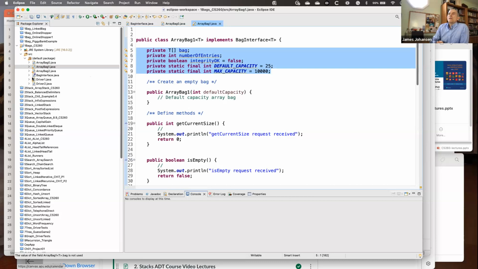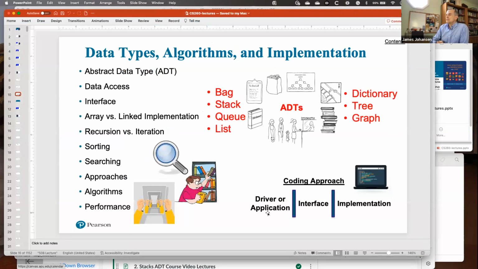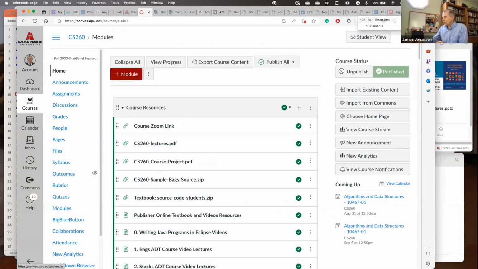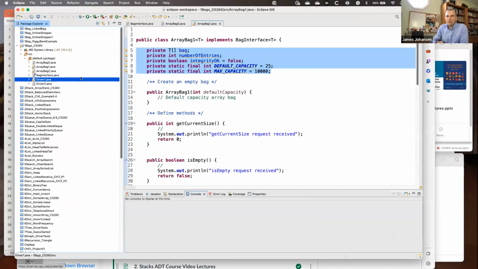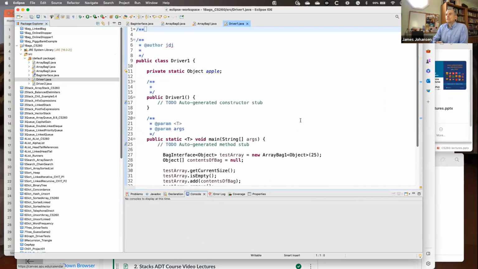So the other file that you need, with this one picture here, you need to have at least 3 files: an interface, an implementation of that interface, and ultimately what you want to have is an application. But to get started, what I'm going to be showing here is having a driver program. The difference between a driver program and an application is a driver just shows that there is an execution of each of the methods and having some minimal amount of things that are done.